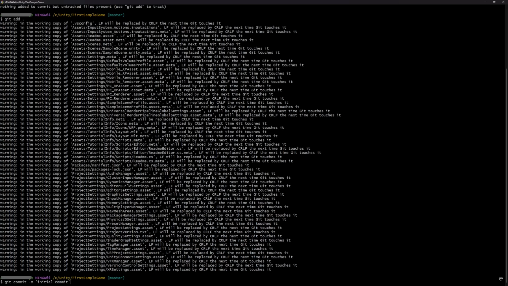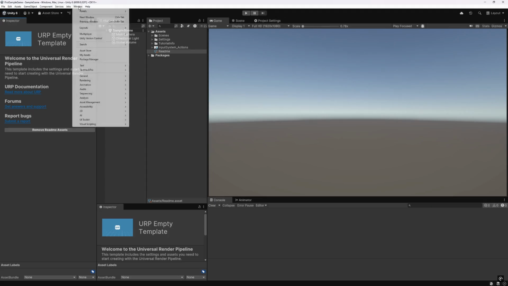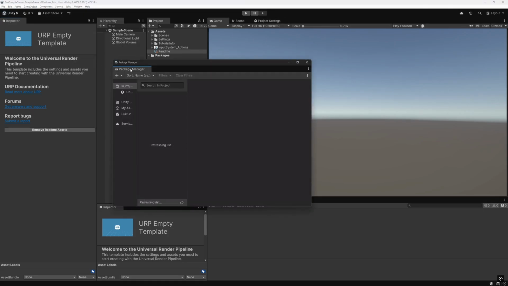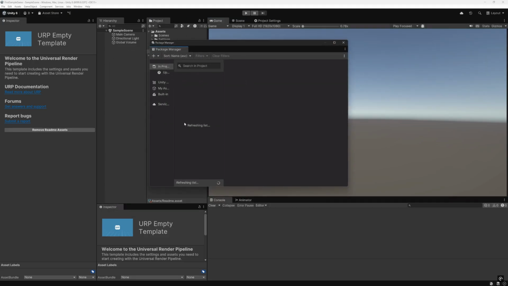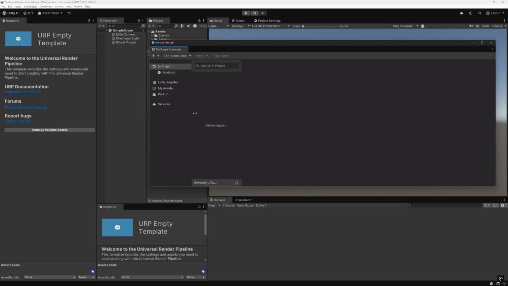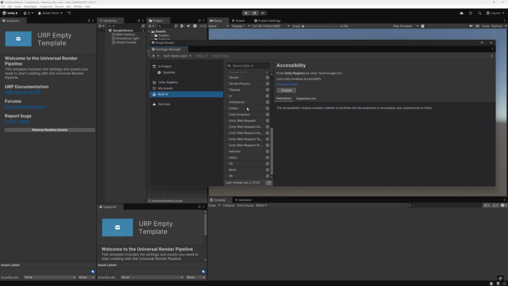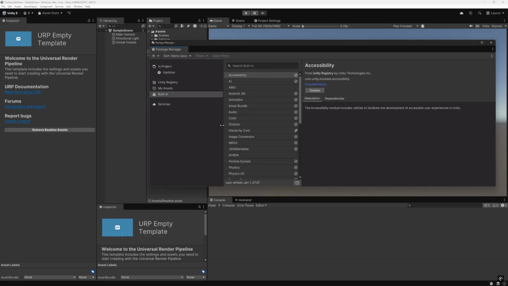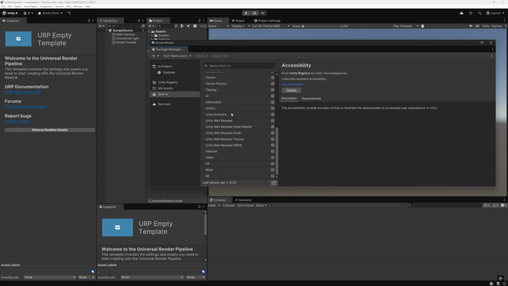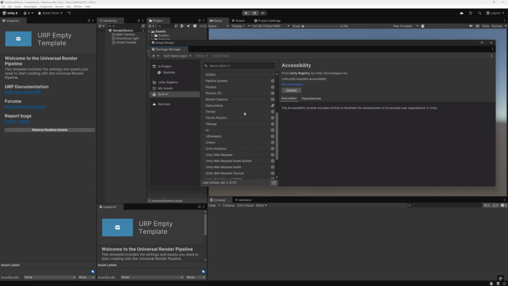These are very basics of Git to get us started and will be enough for quite a while. Not terrible, right? Now this part you could skip even as a beginner for now, but I want to mention it so you have an idea. You can click on Window and Package Manager to open Package Manager window. It contains all the extra supposedly non-default functionalities, though quite a lot of core functionalities are in the project as separate packages, like the literal UI system and newer input system, or even code editor integration.